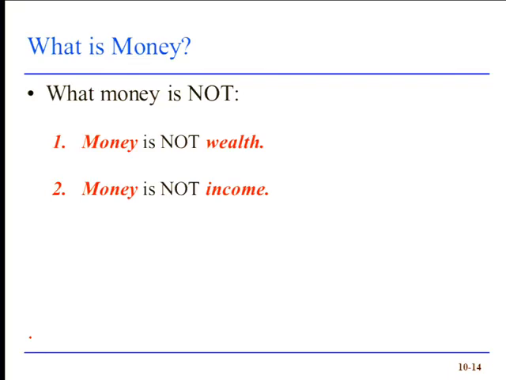So we want to make sure when we use the word money, in this class at least, we mean the medium of exchange, not wealth. Likewise, most of you are going to graduate in the next couple of years. You're going to get really good, high-paying jobs, and your friends are going to say, you're terrific. You're now making a lot of money. Again, an incorrect usage of that word. You might be making a lot of income, but money is a financial asset. It's a particular set of financial assets. So we want to make sure that when we use the word money, at least in class, that we mean the medium of exchange. We use wealth to talk about how rich somebody is or not, and we use income to talk about their income flows.